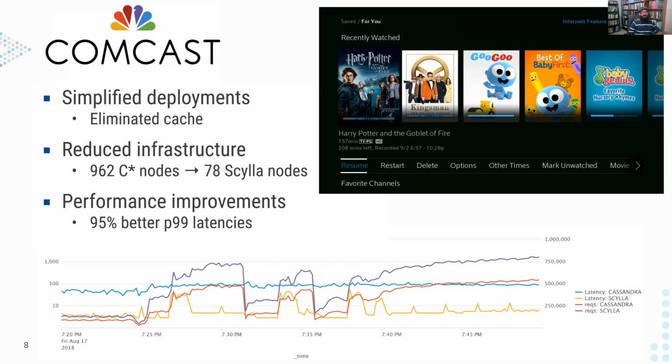Yeah, it's not just about the throughput, because I keep telling people, if you are Bruce Wayne or Tony Stark and you have infinite money, you can buy throughput with any database, right? You just throw money at it, you buy more boxes, you buy more computing power. At some point, it's going to meet your requirements in terms of throughput. But for latencies, it's a different game, because there are two things that money cannot buy. That's love and good latencies. In order to have good latencies, you need two things. You need good software engineering, and you need good hardware. So when you pair Scylla with good hardware, just like I mentioned, like the i3s on AWS,